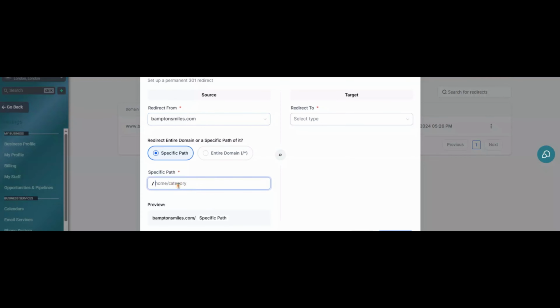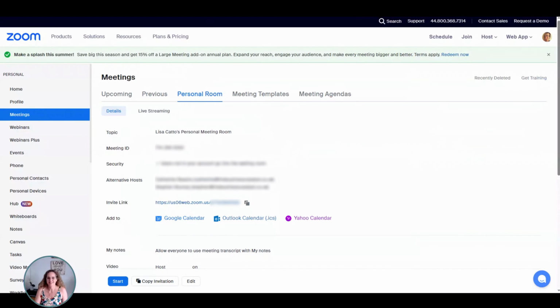And I'm going to say that whenever anybody comes to that domain/Zoom, I'm going to redirect it to my Zoom meeting room. In your Zoom account, you can find your personal meeting room under meetings. Every Zoom user will have a fixed link for their personal meeting room. And you could also, if you wanted to, create a meeting link specifically for that type of call as well